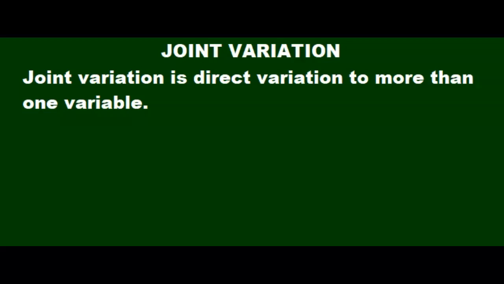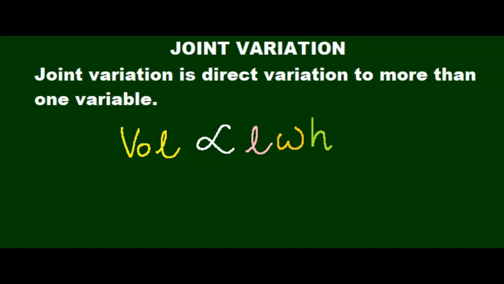In my previous videos, I showed you how to solve direct variation problems as well as indirect variation problems. Today, I want to talk about joint variation. Joint variation is where you have a direct variation to more than one variable. One example of a joint variation would be volume, which is proportional to the length times its width times its